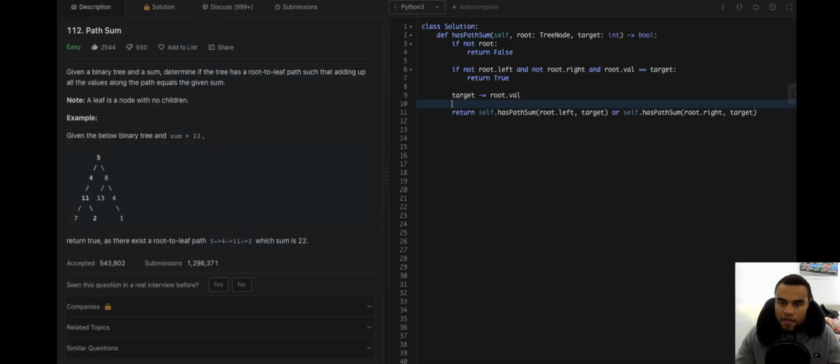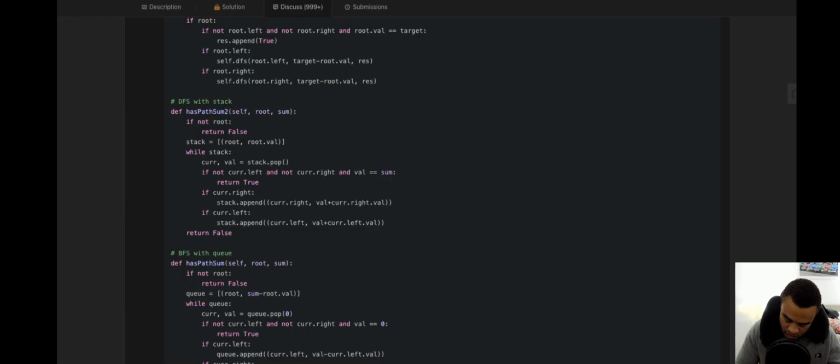So we have 5, 4, and 8. The initial value: we add 5 to the stack and pop it out. But we see that it has a left and right, so we add 8 and 4. When we append 8 and 4, we're not just doing that; remember the current value.